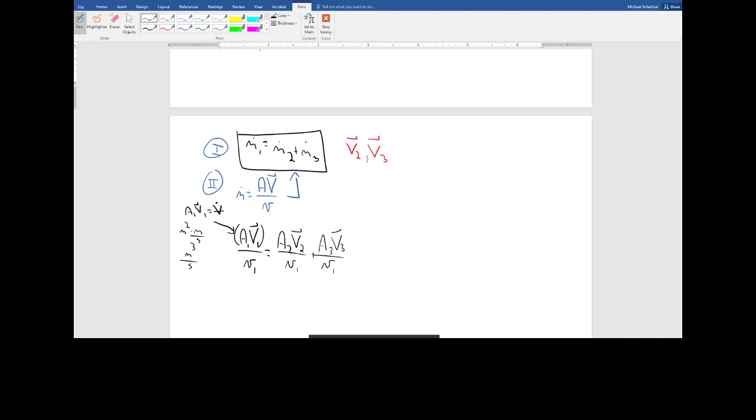I was just wondering why they're all V1 instead of different velocities in that. Oh, so this one should be AV1, and this is A2 at velocity, at the bottom. Oh, that's because I made a mistake. So you're right. This should all be relating to state 2, and this should all be relating to state 3, and this should all be relating to state 1. So thank you very much.